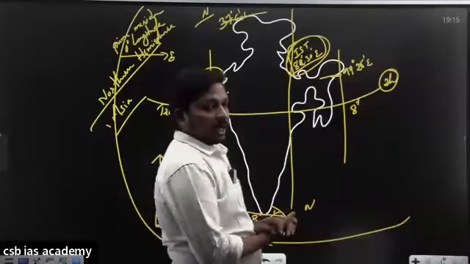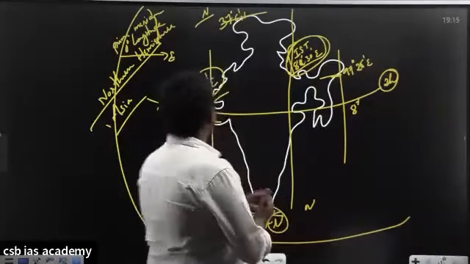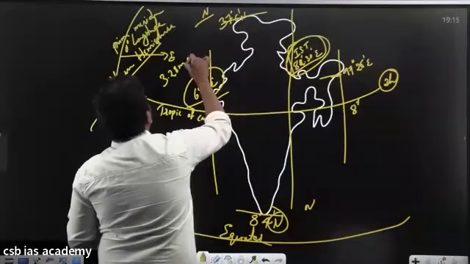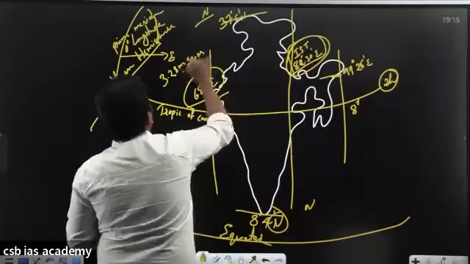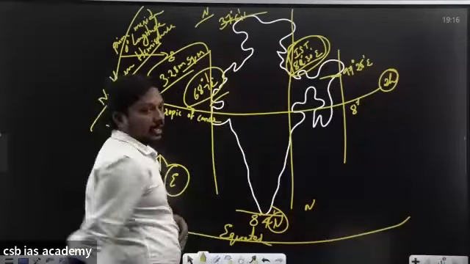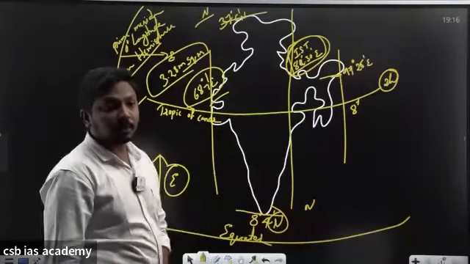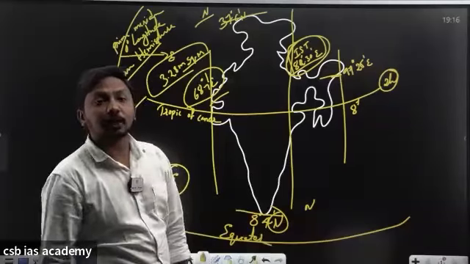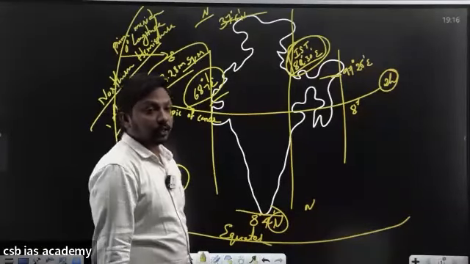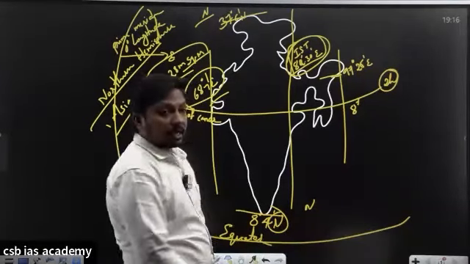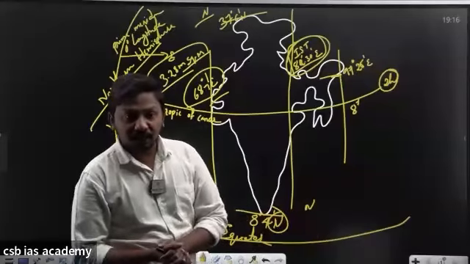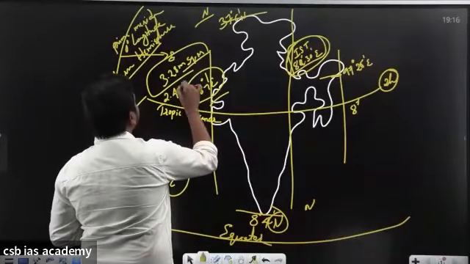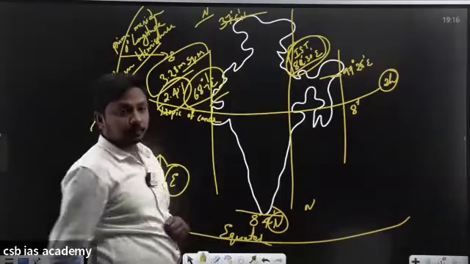And do you know one thing? Our country is occupying more than 3.28 million square kilometers of land area. How many kilometers? Yes, the whole of India is occupying 3.28 million square kilometers. And if you look at the total world geographical area, we are almost occupying 2.4% of the total geographical area of the world.